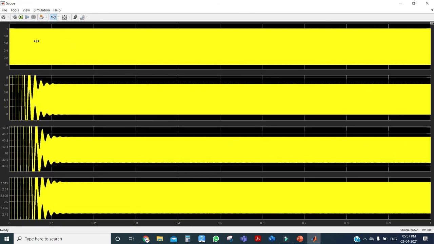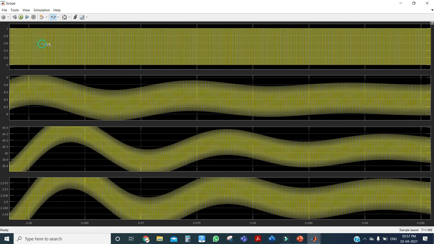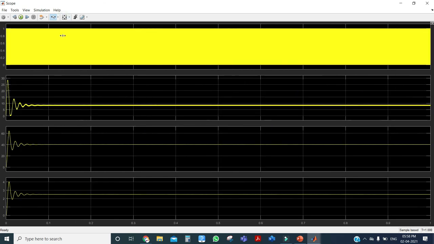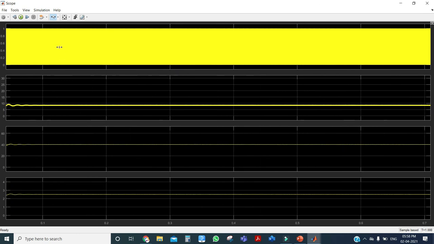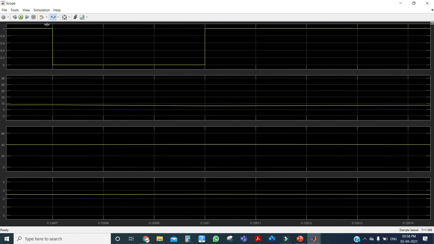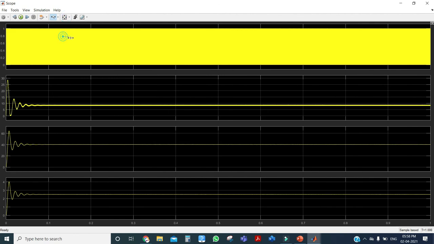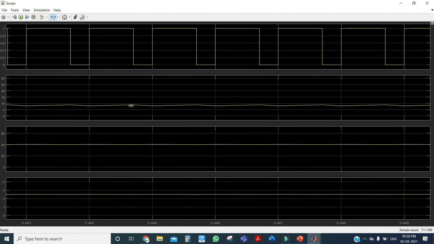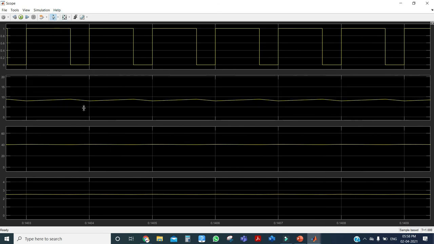Now you can use these zoom options, whatever way you want, you can see. You can zoom in the vertical way also.